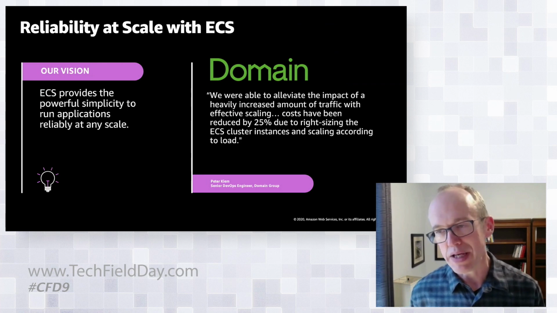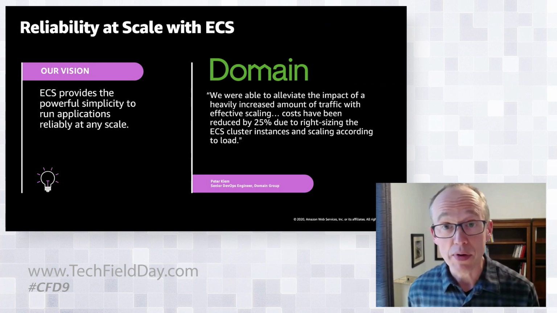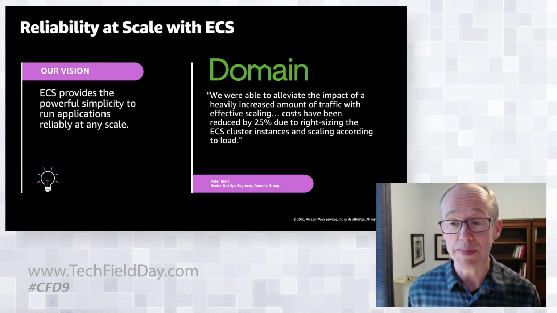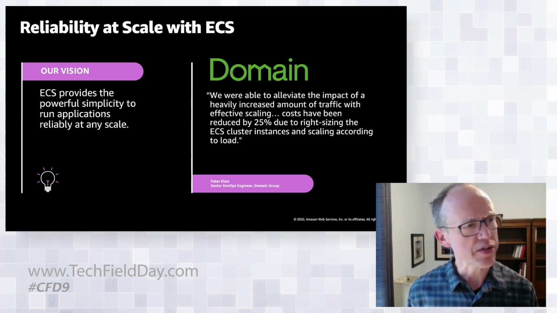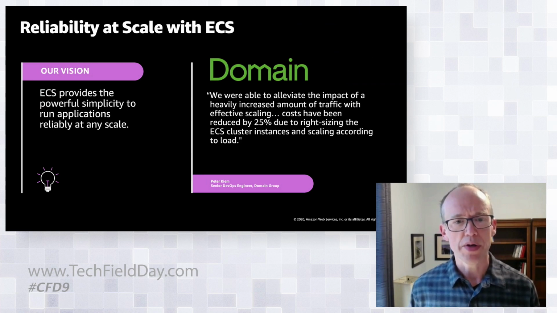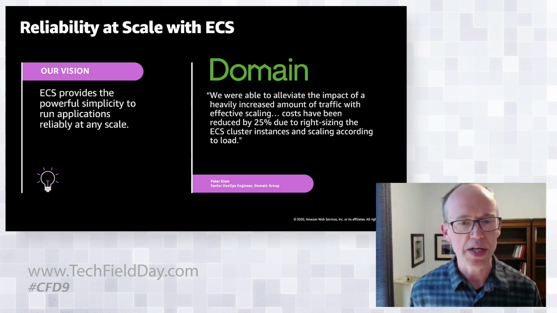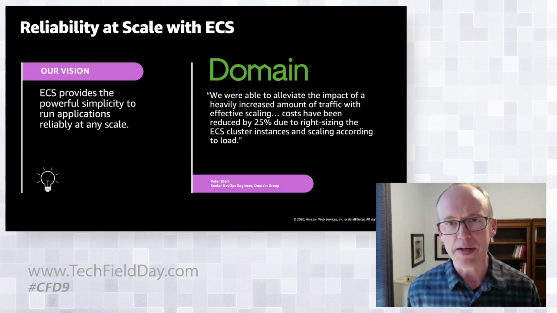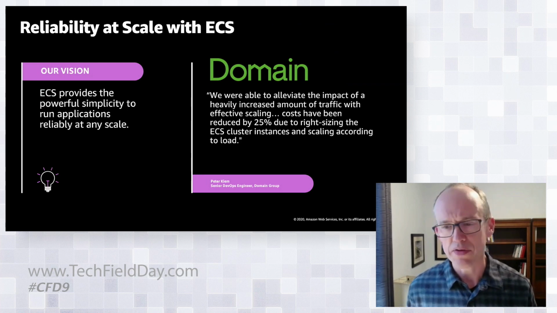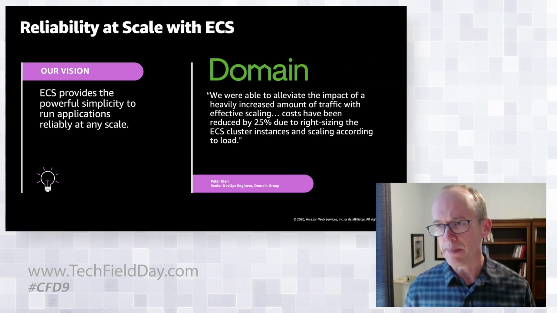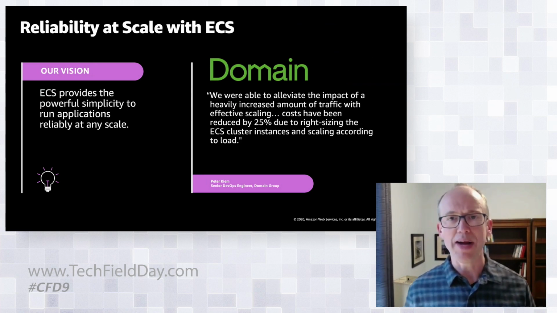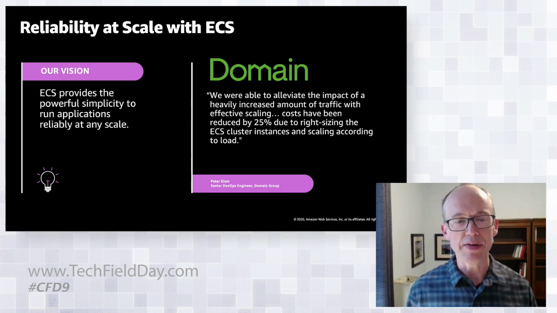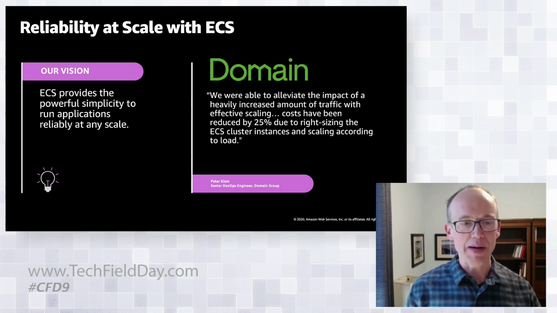Auto scaling is all about making sure that your application runs enough to meet demand, but not so much that you're paying more than you need to. They were using ECS on EC2 with cluster auto scaling, and they were really happy with the scaling they were able to achieve to meet the demand for traffic. And they were actually able to cut costs in doing this. We talked about modern applications and the need to scale to meet demand. This is a hallmark of a modern application that they were able to achieve on ECS.